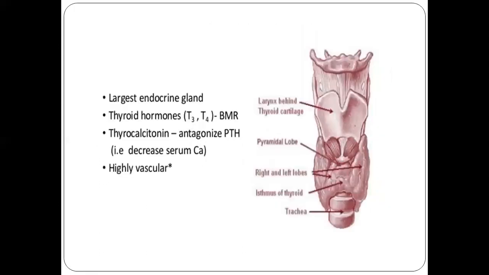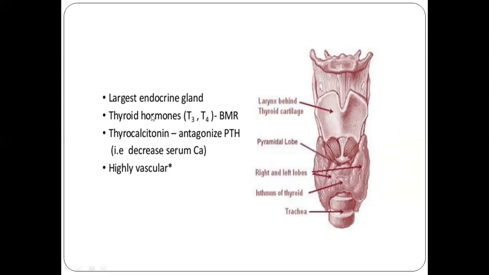So we'll move forward. This is an H-shaped gland. It is united to the other lobe by the isthmus. The isthmus is present at the second, third, and fourth tracheal rings, and these are the pyramidal lobes. The apex is touching the oblique line of the thyroid cartilage, and the base is up to the fourth and fifth tracheal rings. So it is over the trachea.